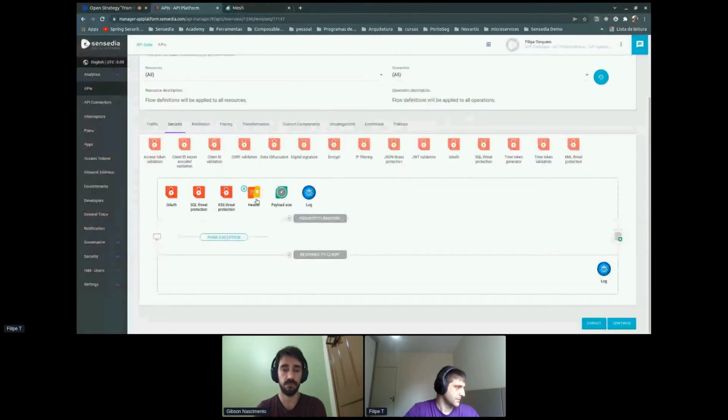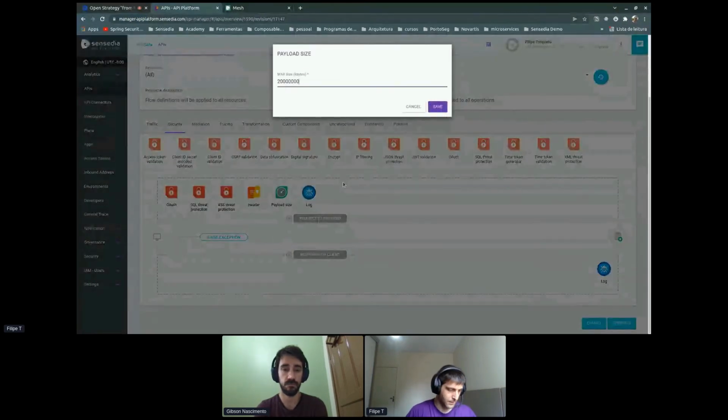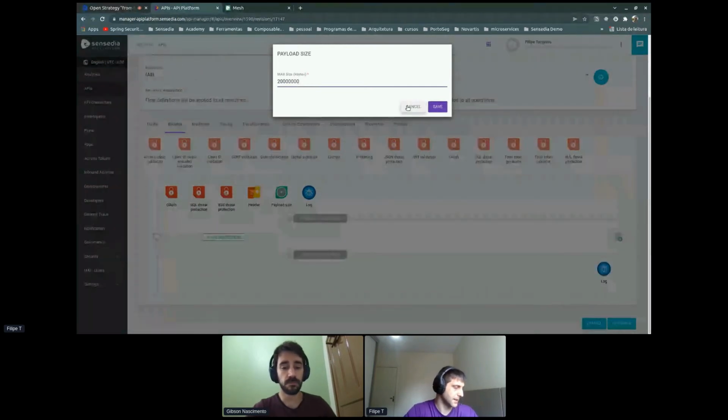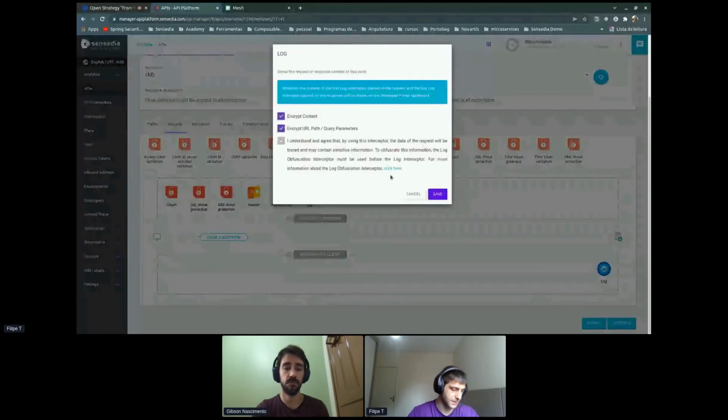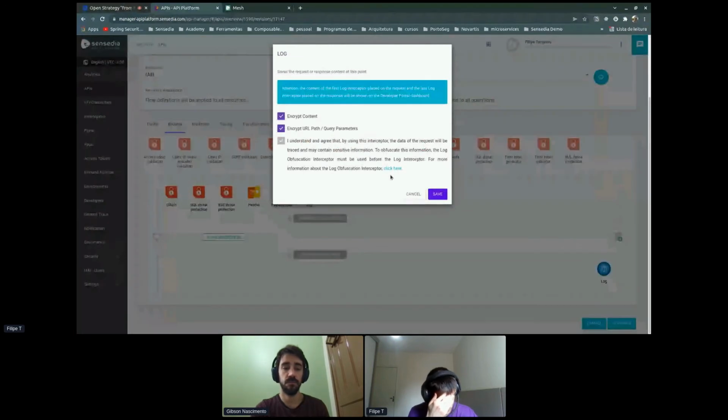This header here is just because my load balancer needs it. There's no security involved. This payload sizing is just to limit. I just put a huge payload size to show the possibility of what we can do by dragging and dropping in the API gateway. Of course, the payload size here is just to limit how far a payload can go in this request. And from the logging perspective, we also have two different capabilities, where I can encrypt the content of the